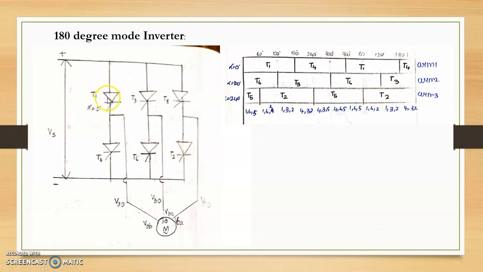For example, if T1 is turned on, then the positive half cycle is generated, whereas if T6 or T2 is turned on, the negative half cycle is generated. And another thing: in each arm, two switches will not be turned on at a time. That means if T1 is turned on, T4 must be in the off condition. If both switches are turned on, a short circuit will happen, which damages the total system. So the condition is: T1 is turned on, T4 must be off. Likewise, if T6 is turned on, T3 must be off. Similarly vice versa.